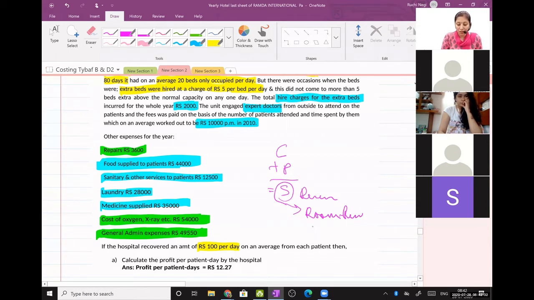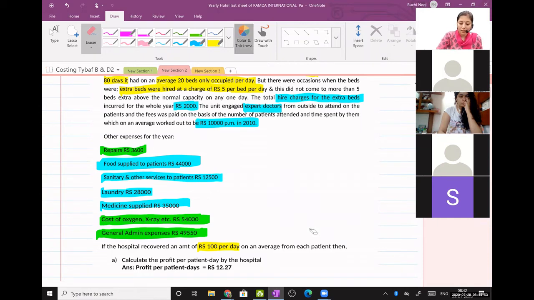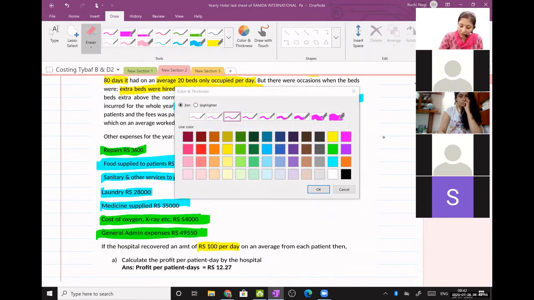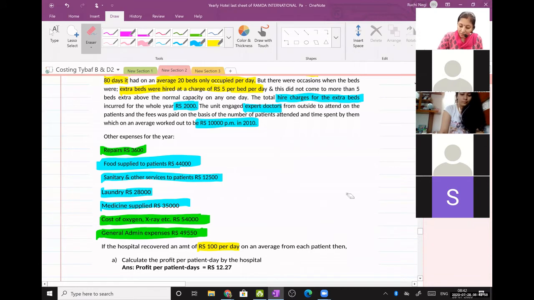And the same thing. This 100 rupees is nothing but the hospital fees. So I can write your fees. Is that clear to everyone? Okay, so this is the selling price. Is it clear to everyone that 100 rupees is the selling price? Okay, so this is the selling price 100. That's it. Is the sum clear to everyone? Just acknowledge it in the chat box. Everyone, is the sum clear? Because if it's not clear, then it's of no use me solving solutions for you. Okay, fine.